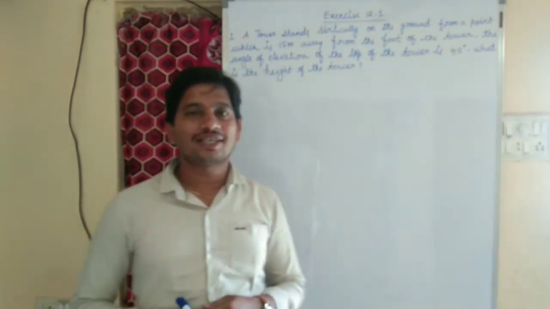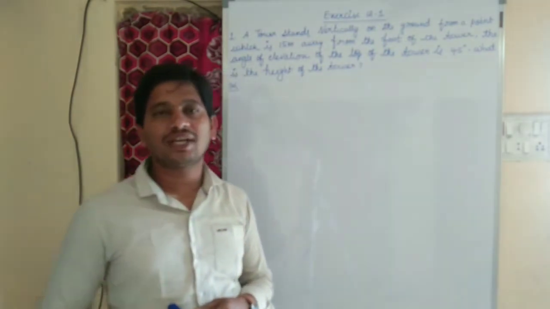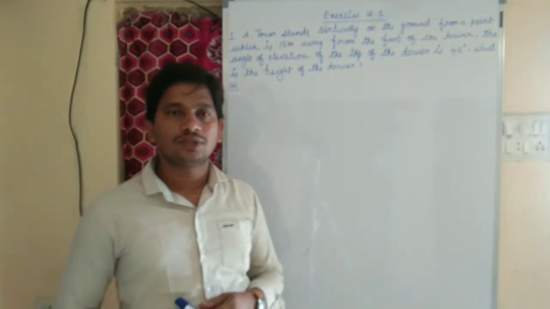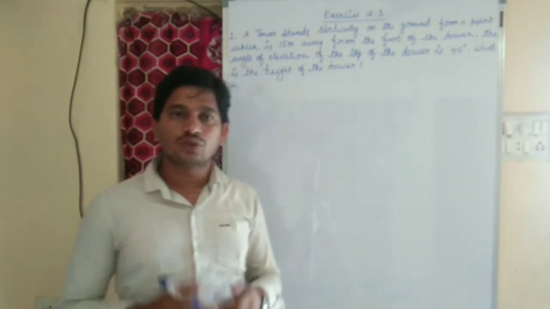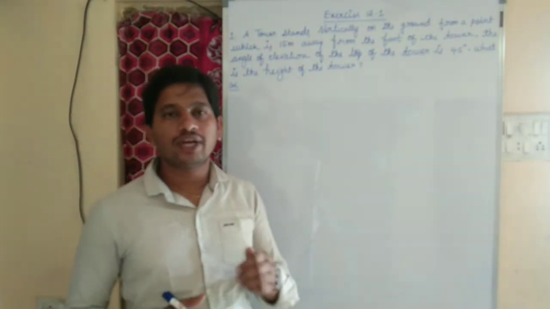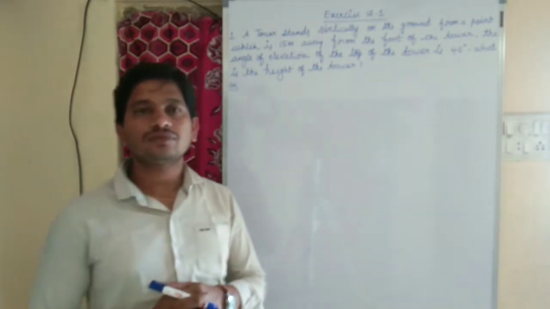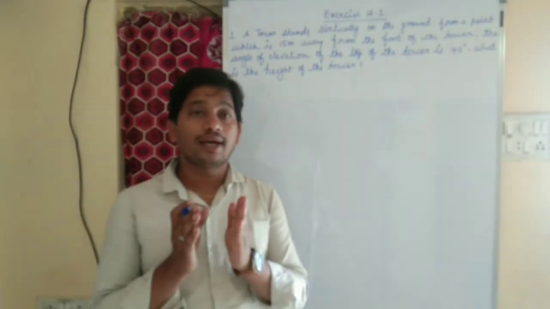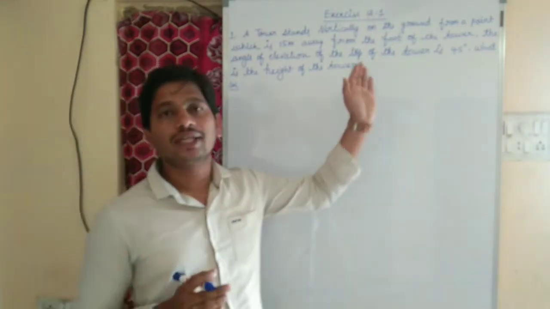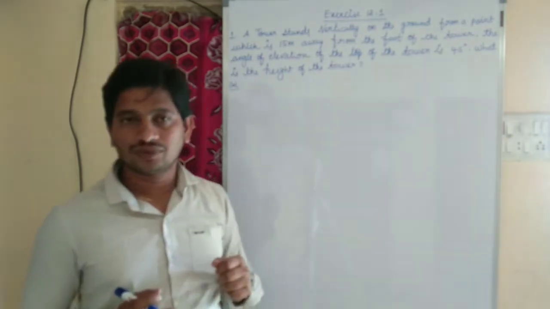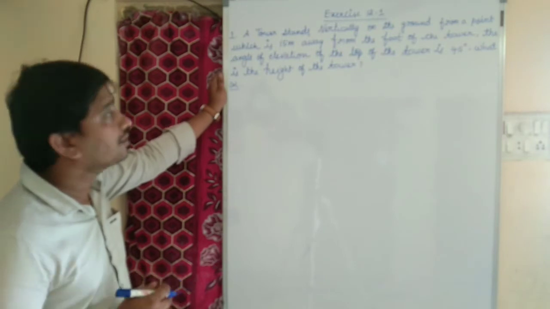Today let us discuss chapter number 12, exercise 12.1, that is applications of trigonometry. Before going to discuss the problem, the steps to follow when we are doing the problems in exercise 12.1 are: first we need to draw a right angle triangle and represent the given data in the diagram, right? So let us read the question carefully.